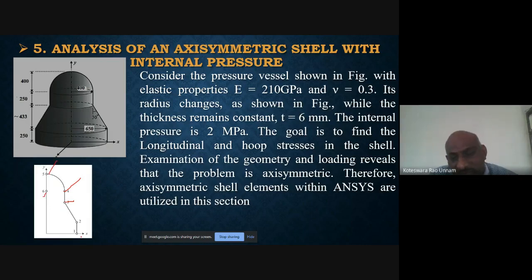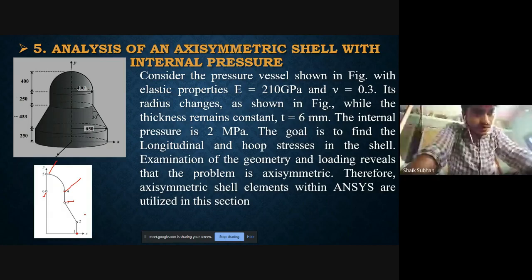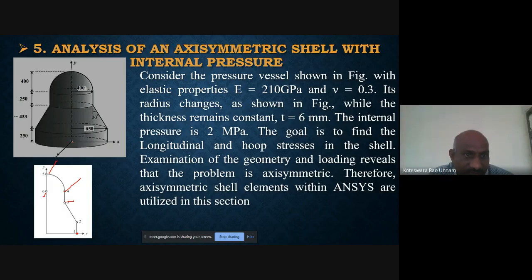To do that, I should know the coordinates for these key points. If I take key point 1, what are its coordinates? Here you can see the origin of the coordinate system is placed here. Key point 1 is at this location.